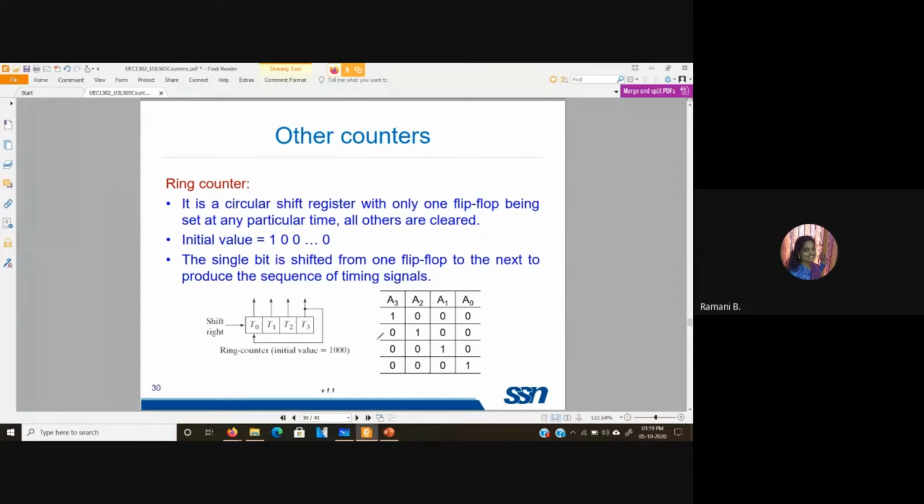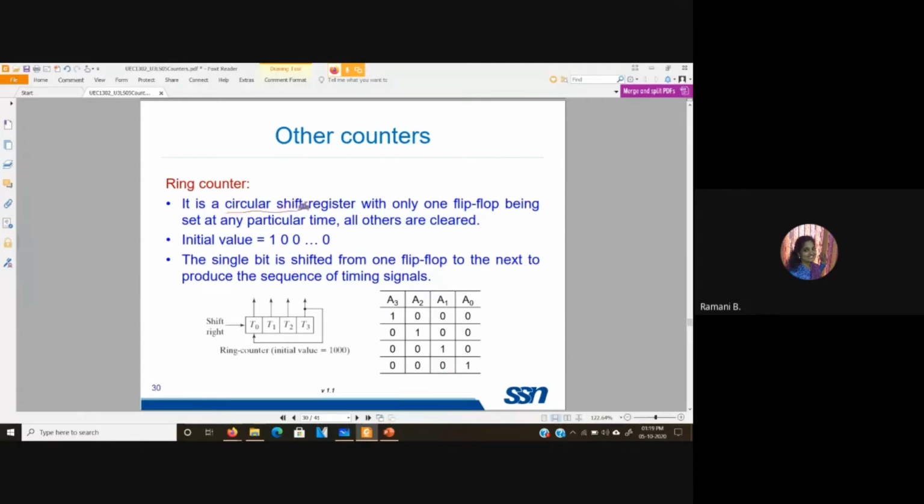So now let's see furthermore counters. There are many special counters actually. So the first one we see is the ring counter. So as the name implies, you need to understand that it does some operation in a ring sort of fashion. So here the first thing you need to remember is this is a circular shift register.